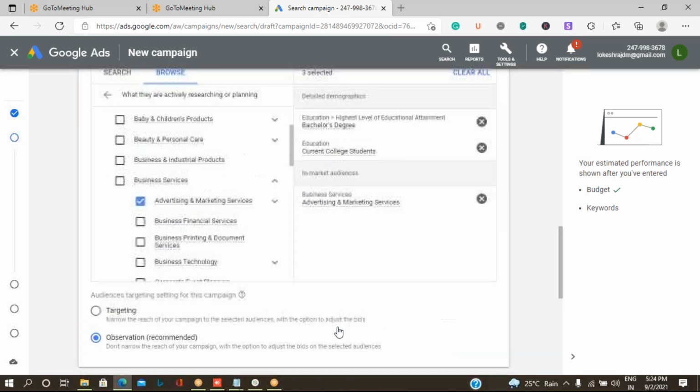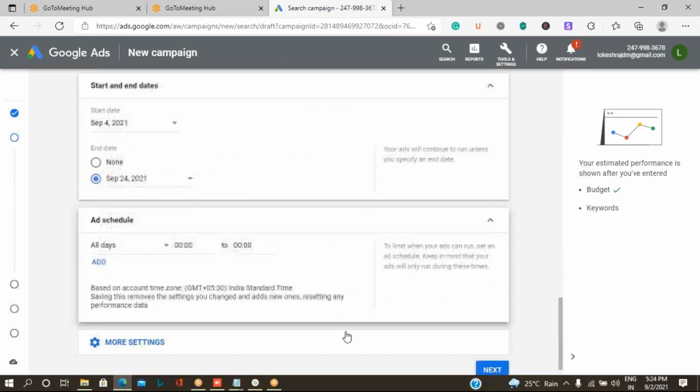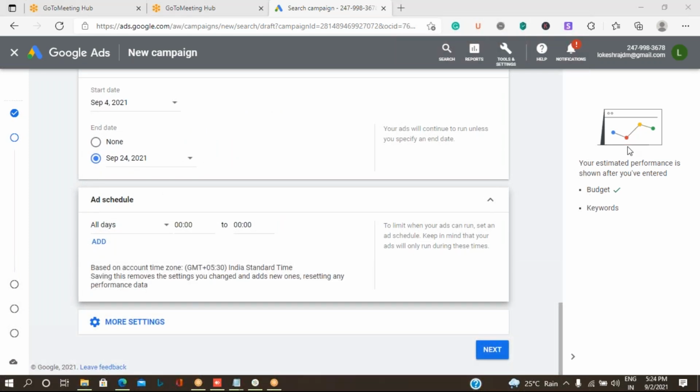Okay, so before going to the next option, is there any doubt about the bidding strategies or about the audience types? If you are clear, please type it as move on so that I can move to the next screen. If you have any doubt, you can raise the question now itself so we can clear it and move on. Okay, thank you for the responses. So let me click on the next option.